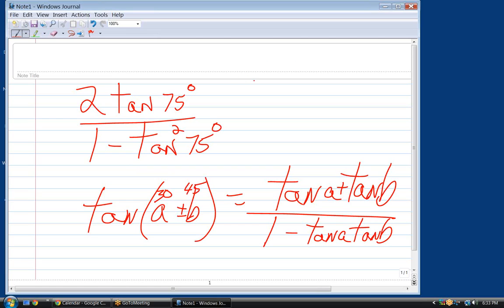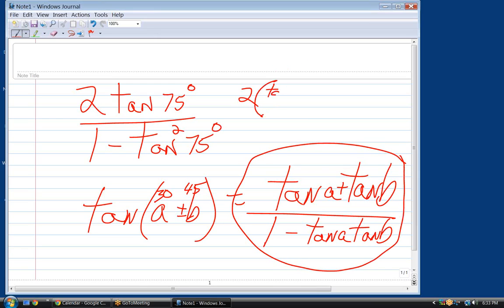So let's just plug in. 2 times tan of 75 is this. So we'll have the tan of 30 plus the tan of 45 all over 1 minus the tan of 30 times tan of 45,